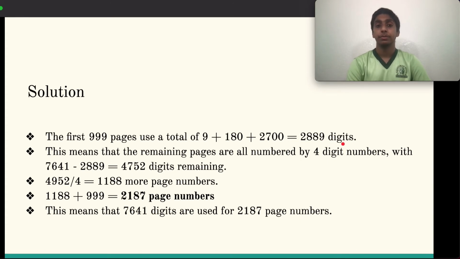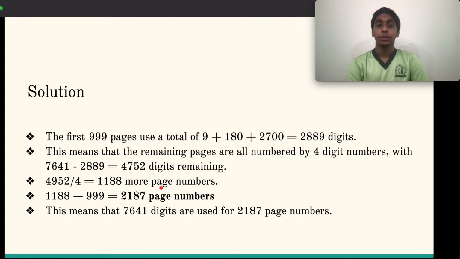So we know that the first 999 pages are going to use 2889 digits. So this means all the remaining pages have to be 4-digit numbers, right? Because we already used all 3-digit numbers. And we have 4,752 digits remaining, because this is the total number of digits we had, and we already utilized these for the first 999 pages. Okay, so now that we have this many digits remaining, we know that all the rest are numbered by 4-digit numbers. So we can just divide by 4. And when we divide this by 4, we get